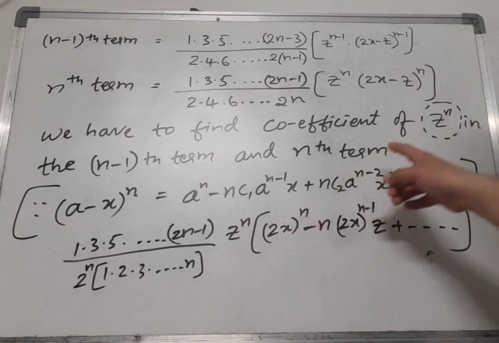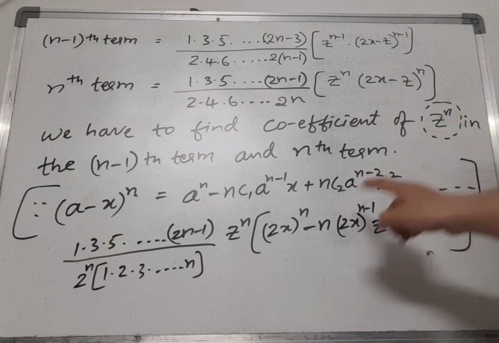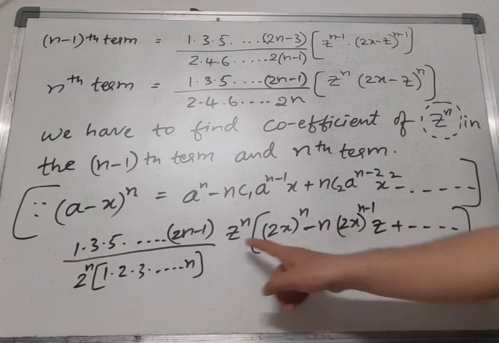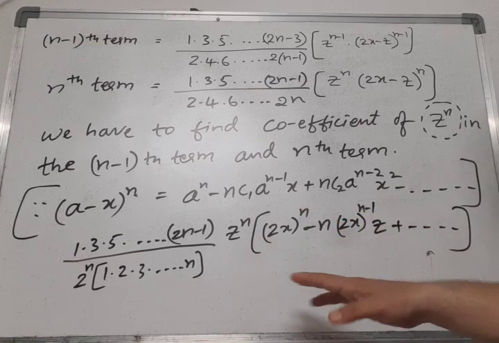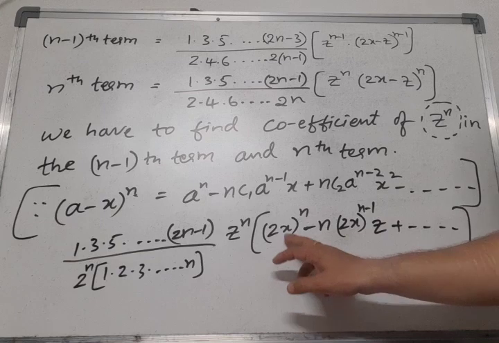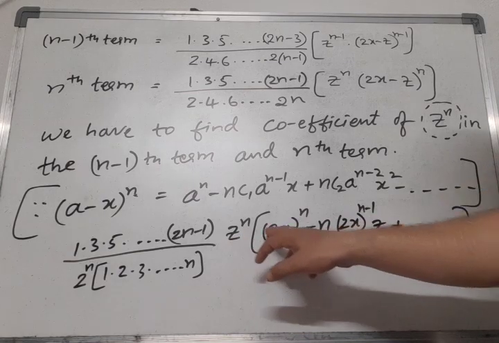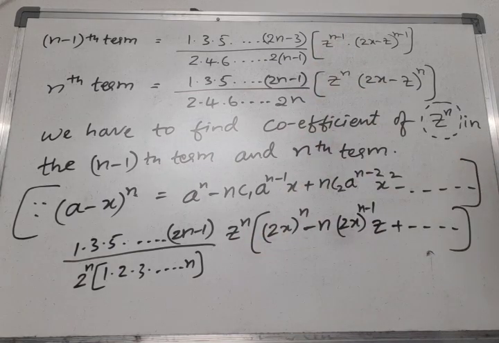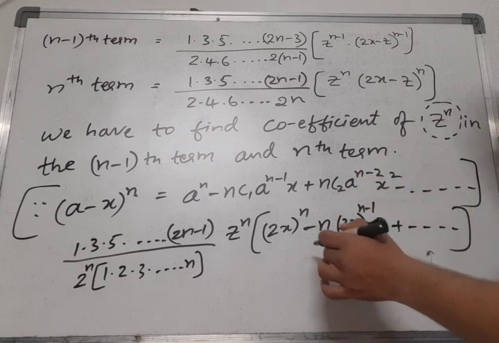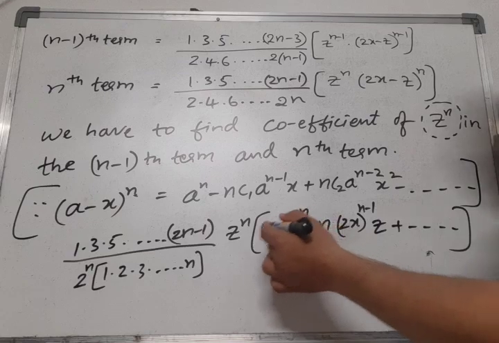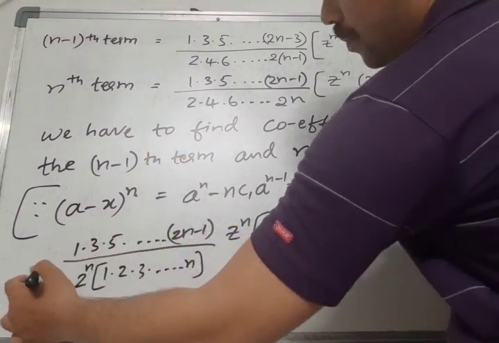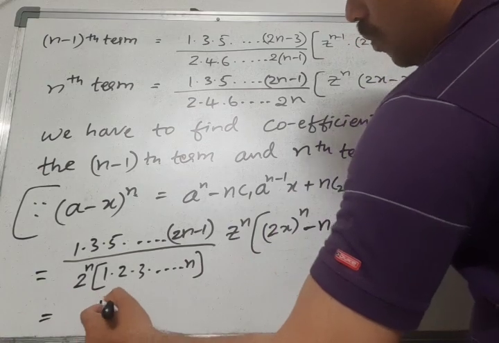What I said, I want the coefficient for z power n only. If I multiply this z power n with this z, I will get z to the power of n plus 1. It is not valid. So I have to choose only the first term. I have to multiply with only the first term, not the second term. We don't want the second term, we want only the first term. So what I will get here now, if I multiply, is equal to 1 into